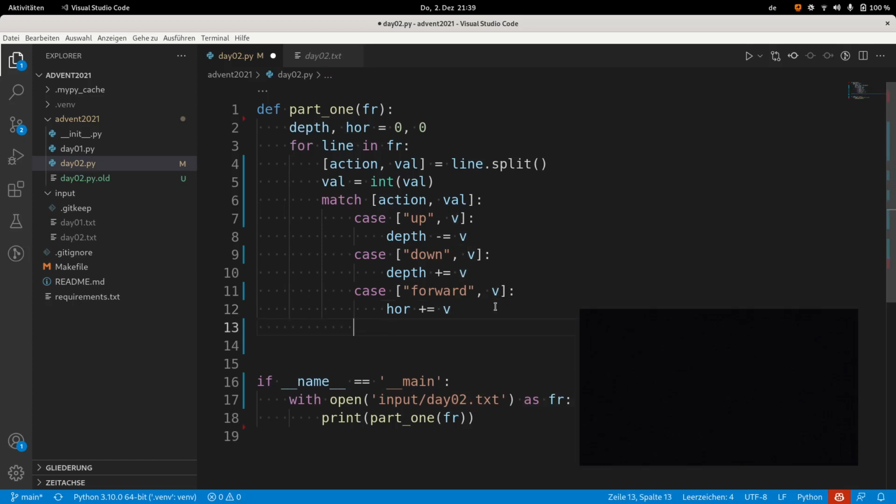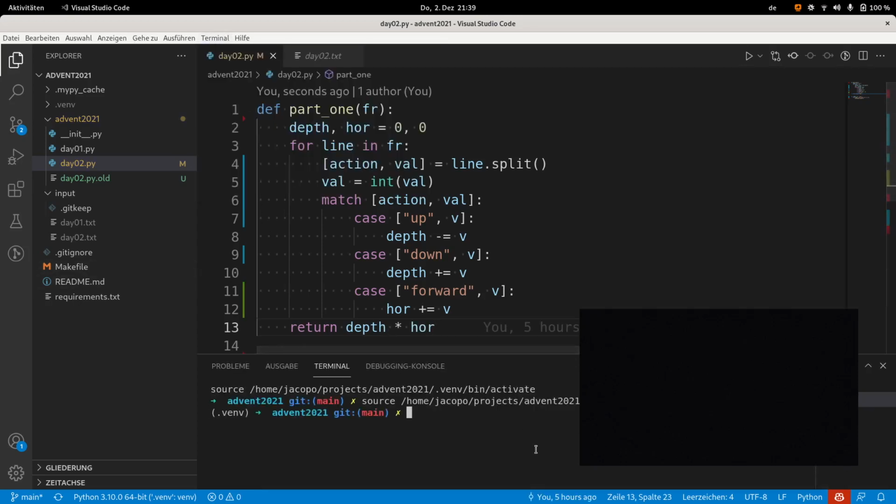And that's it. What is the request from the problem? It is to get the multiplication of these 2 values after the whole file has been processed. So I go out of the for cycle and I return depth multiplied by hor, which is the horizontal value. Now I can just run it and do Python 3 Advent 2021 day 02,